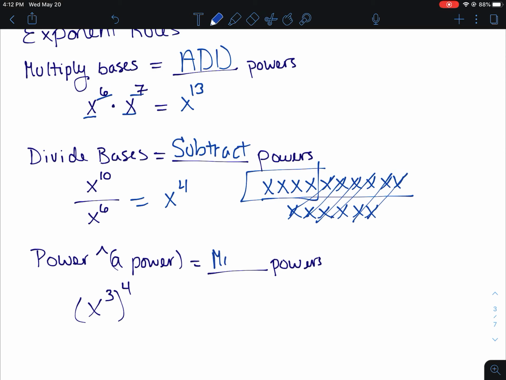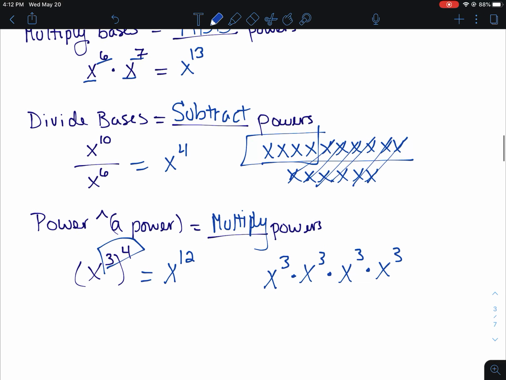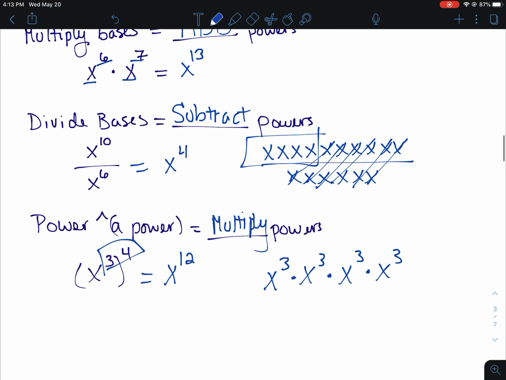And then anytime you have a power to a power, you're going to multiply those powers together. So x to the 3rd to the 4th, you would multiply 3 times 4 and get x to the 12th. And that's because x to the 3rd to the 4th means you have 4 copies of x to the 3rd. Okay? So that's your quick review of all of the exponent rules. And then tune back in and we'll do some examples of